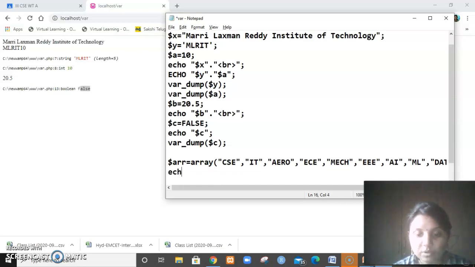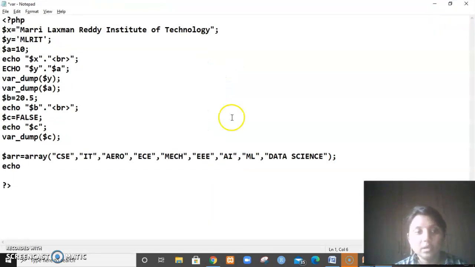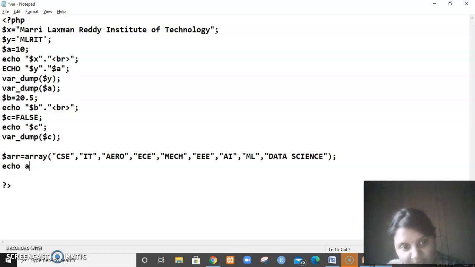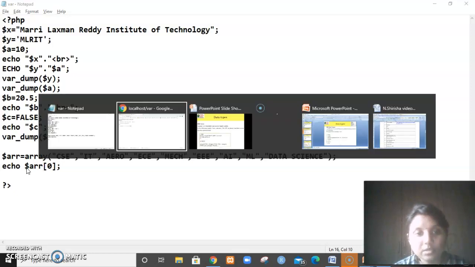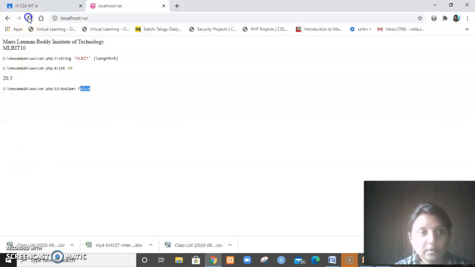Now if I want to print what is there in array of 0, I'll just index the array with 0. Echo, sorry, dollar ARR is a variable, no? So dollar ARR of 0. Just see the output.